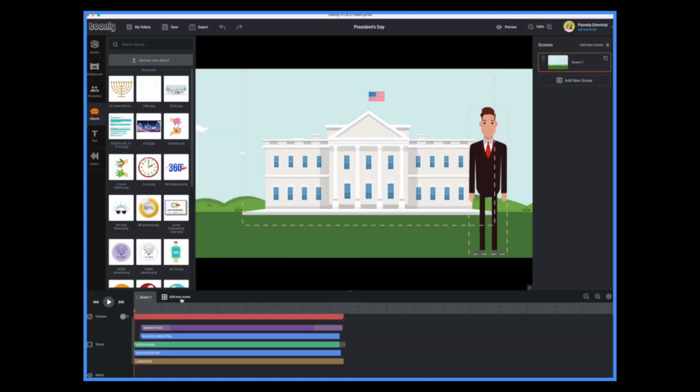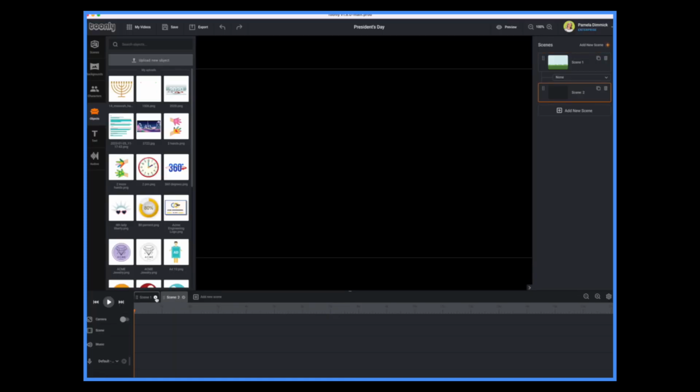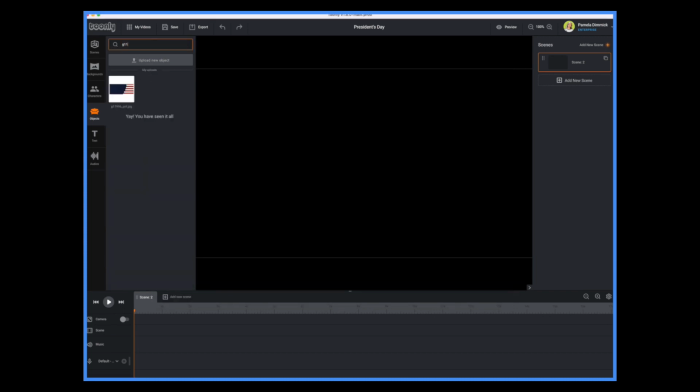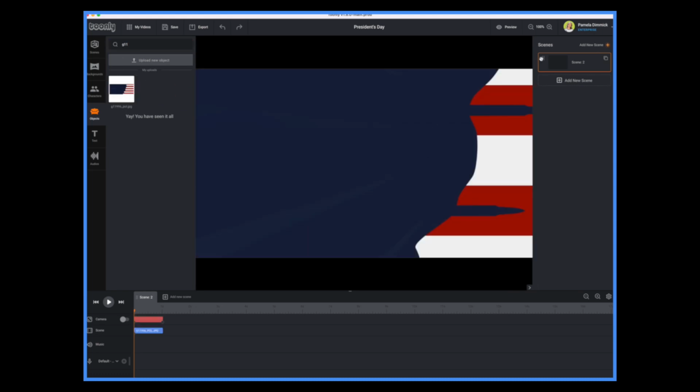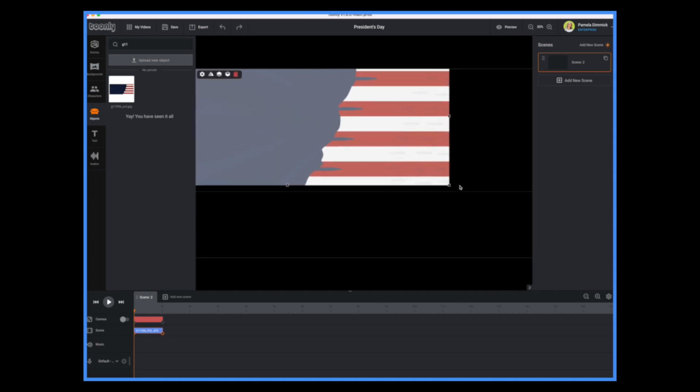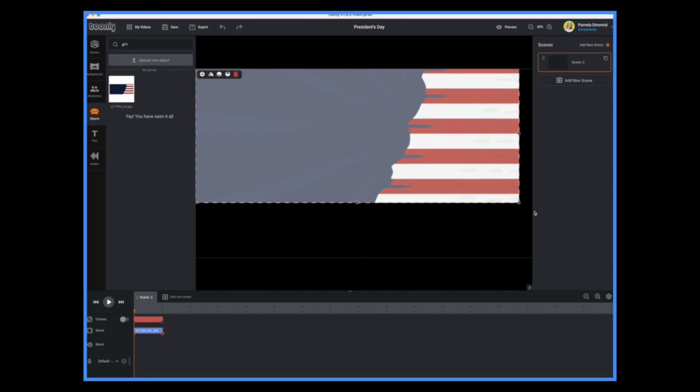Okay, so let's go ahead and add a new scene. And we can delete scene 1. I no longer need that. First thing we need is a background. And remember I said we need to know what we named it. So I'm going to go back to Finder here. And this is the background I want to use right here. And I didn't name it anything descriptive, so I'm just going to have to use its default name. So G11996. There it is. I just start typing it and it's there. It's going to be large. Let's zoom out. You see it's a very large graphic. So if I wanted to change it,